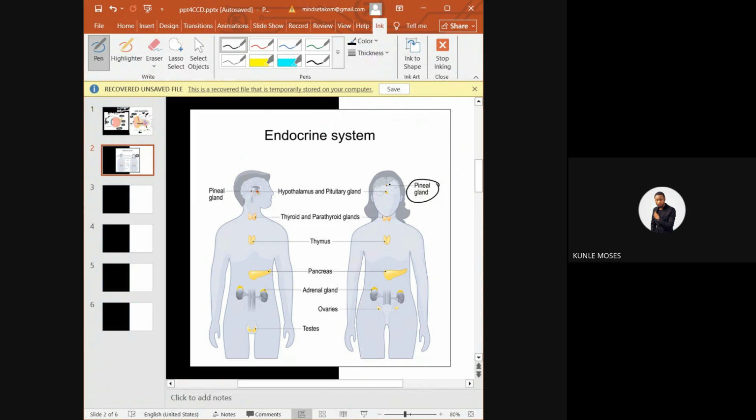So the pineal gland is the gland that helps to produce the hormone melatonin, which helps to control the sleep-wake cycle. And anything, like I said, it works together with the brain. And if it works together with the brain, it's not that you can control your brain, but you can regulate your brain. Let me just put it that way. The pineal gland will always produce melatonin at night. There will be a drop of melatonin into your blood, and before you know it, your eyes will be closing down, and you'll be feeling sleepy at night.